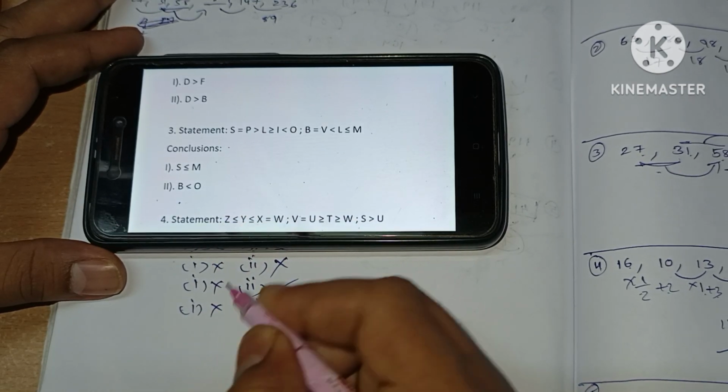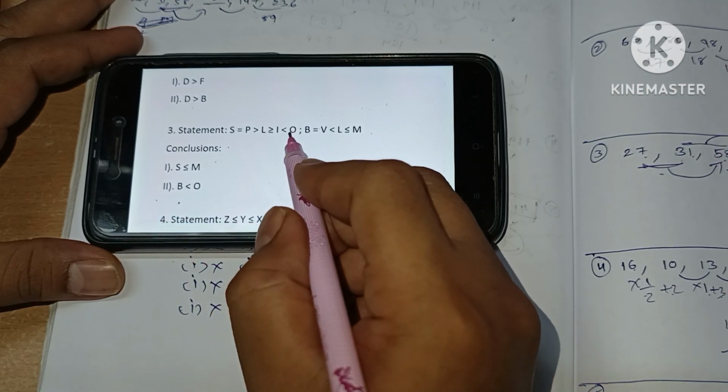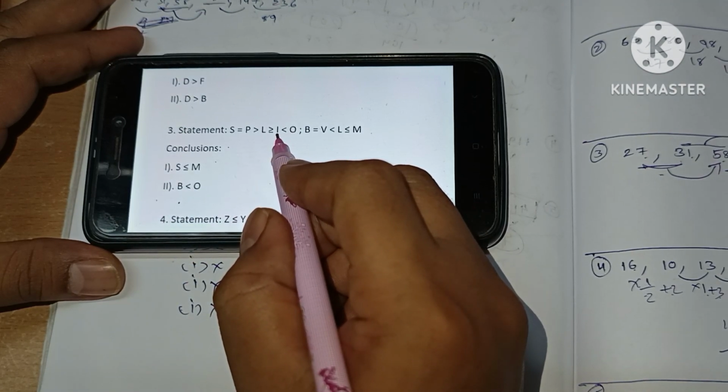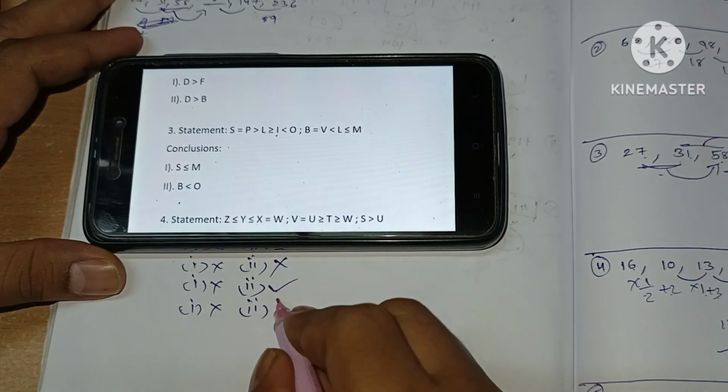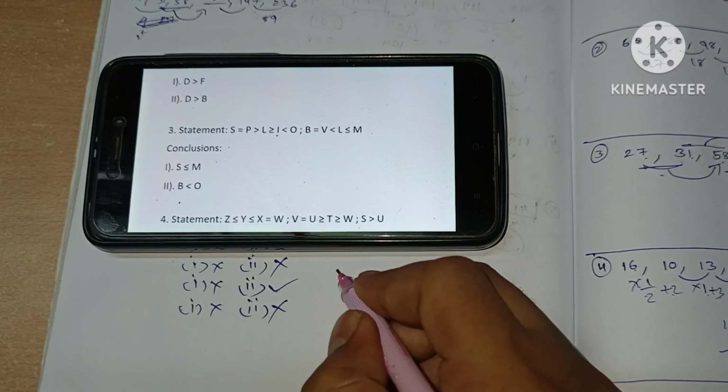Second conclusion, the flow from O to B. From O we can reach to I only, but we are not able to reach to B. So second conclusion is also false. Okay, next one,